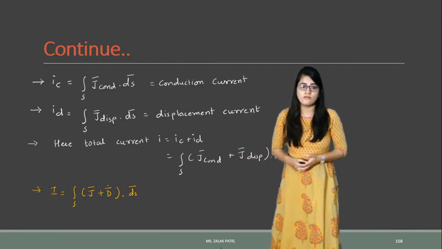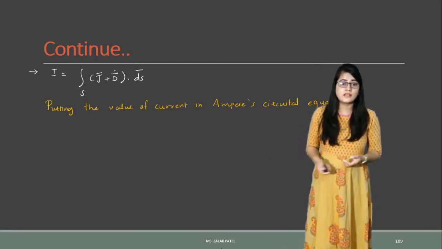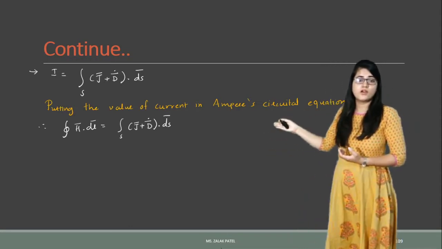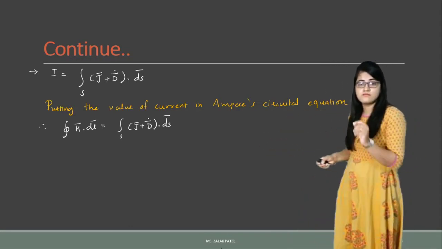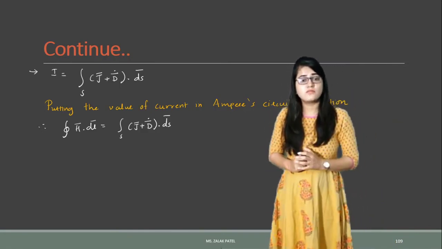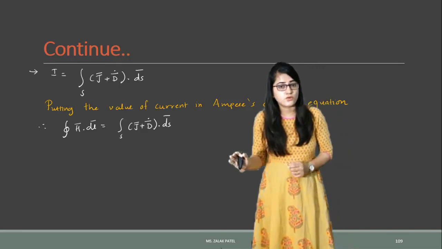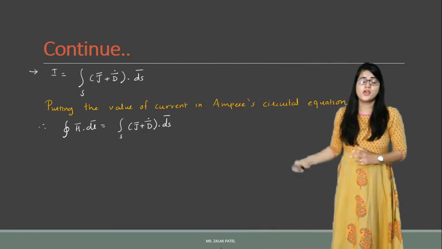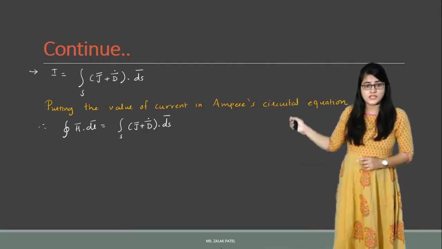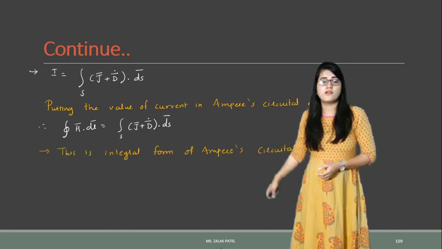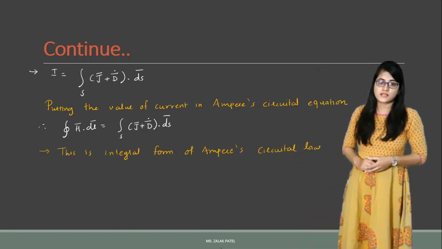Here D bar dot is our electric flux density term. So we can easily make the integration term like this: integration of H·dL is equal to surface integration of J plus D bar dot dS. Now in the original equation of the steady field, H·dL can be written as surface integration of J·dS only, but for the time varying field, one term is added and that term is D bar dot. So we can say that integration of H·dL is surface integration of J plus D bar dot dS. This is our integral form of Ampere circuital law.